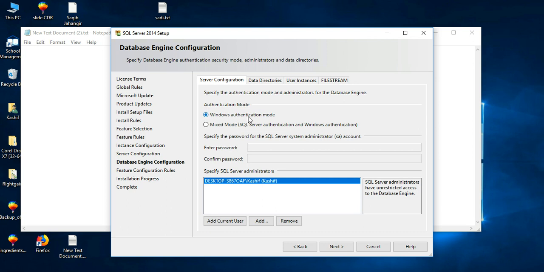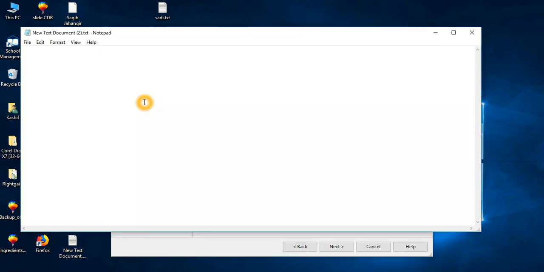And then Windows authentication mode or mixed mode, you select mixed mode. And in password, please enter mobile 123.